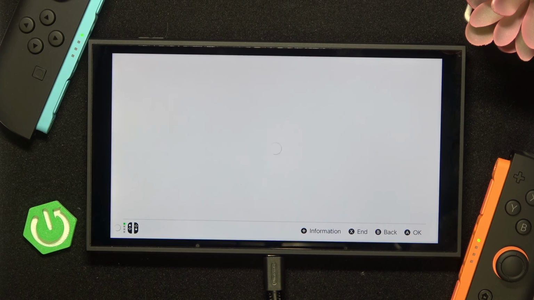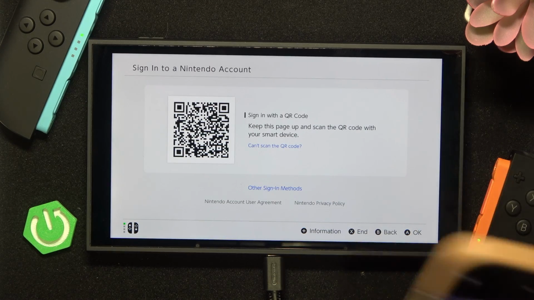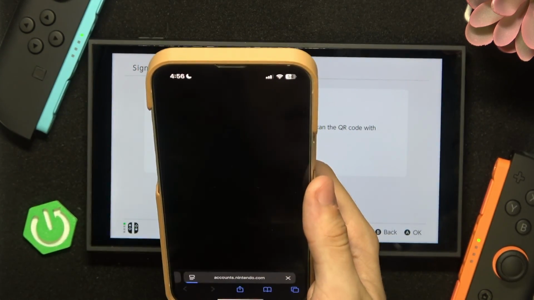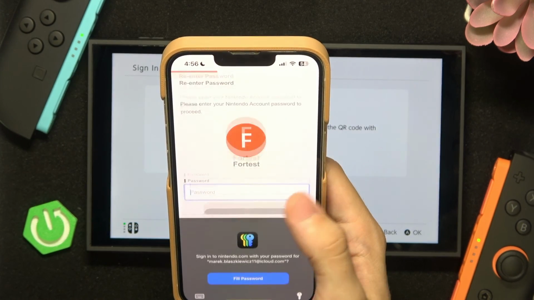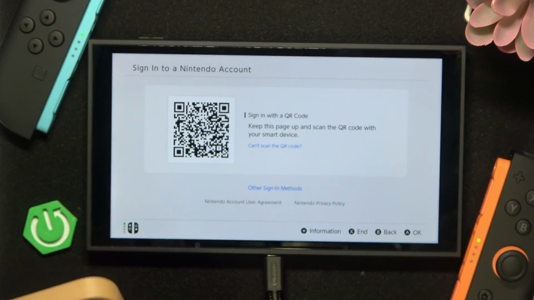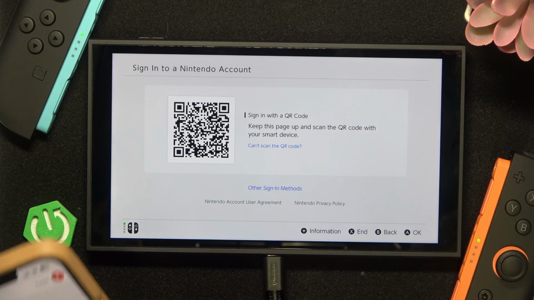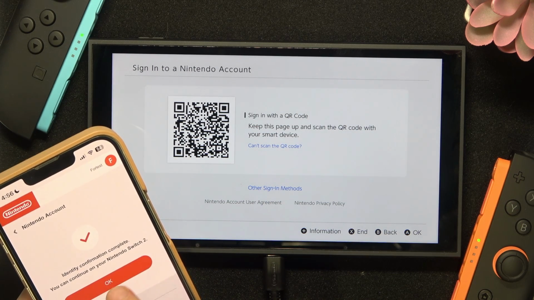Then you'll need to use your mobile device in order to scan a QR code that will be shown on the screen. Click on the link. Now it'll get you to Nintendo website. You need to enter your Nintendo account password. Once you click on OK, it will show a code on your phone, most probably, that you'll need to enter on your